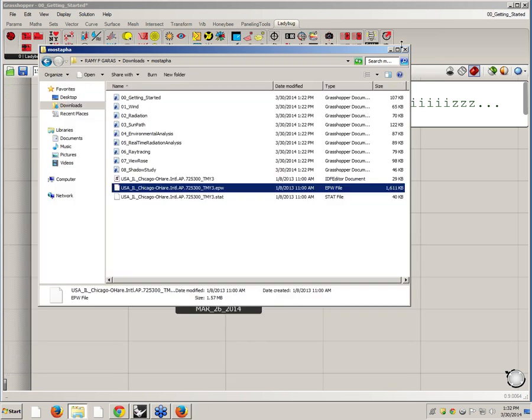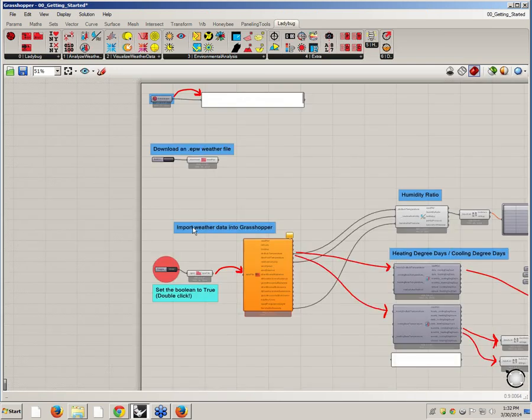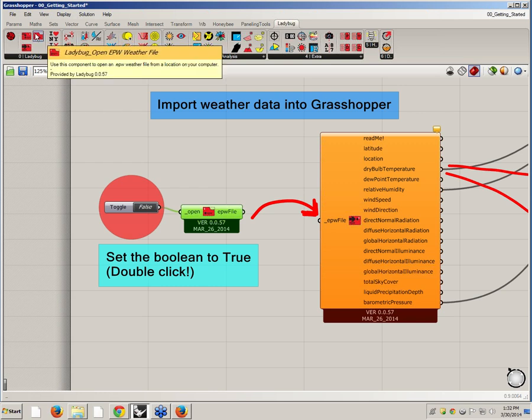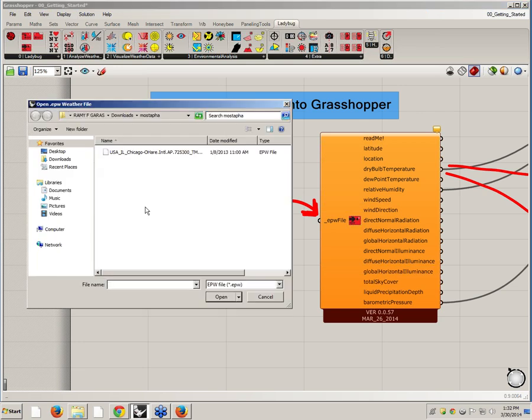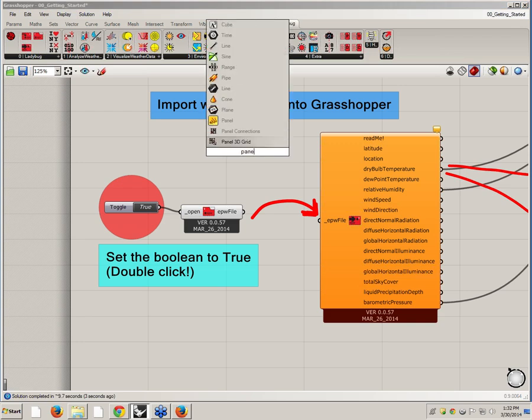Okay, fine. So now you guys know what we're talking about. You have it downloaded. Let's go and open it. To open the weather file, there is a component here that comes from Ladybug: Open EPW weather file. So double click on this toggle. It will open a window, and just go to wherever you downloaded the file, and you should be able to open the EPW file. And if you do it successfully, if you connect the panel here,